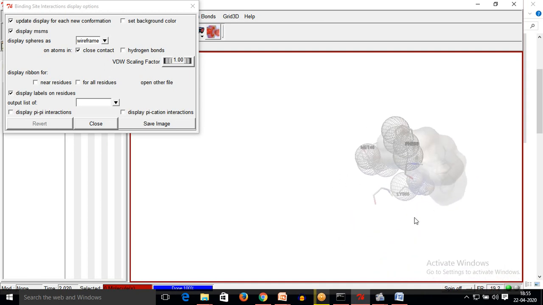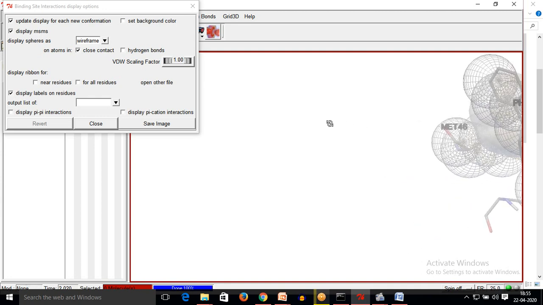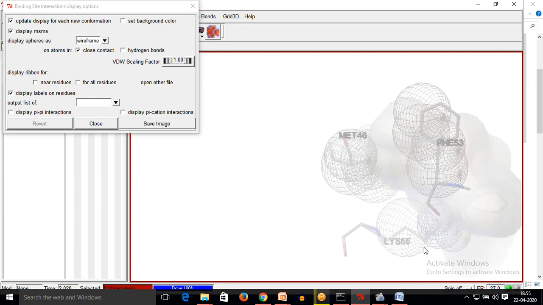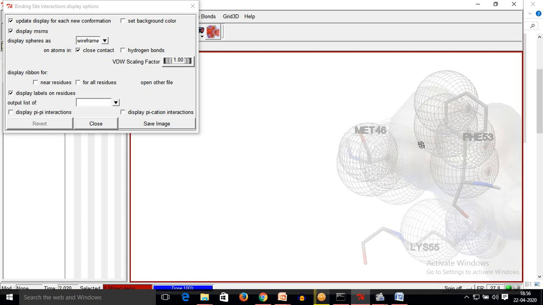Many amino acids might be available, or here you can see that only 3 amino acids are available which have efficiently bound with the structure, that is MET, which stands for methionine, and it is of 46 number. Next is lysine of 55 and phenylalanine of 53 number.